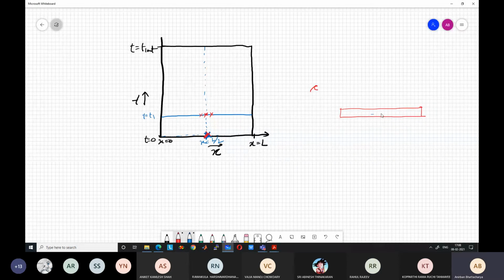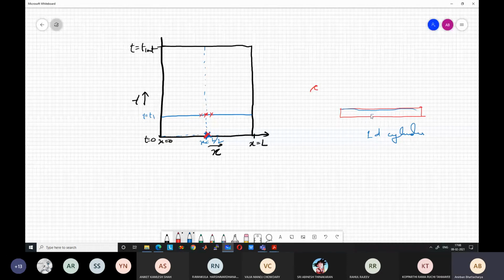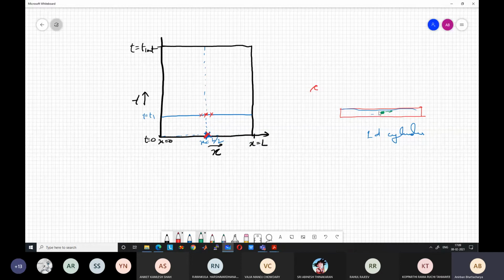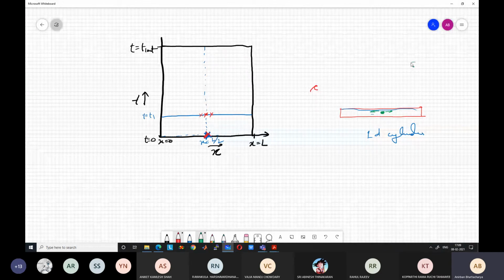Just consider this case for easy visualization. There is a long cylindrical pipe which we will consider as a 1D cylinder. It is filled with water, and at a certain time I have put a pressure fluctuation here, like I have thrown a stone there. Because it's a 1D cylinder, the pressure waves will travel in both directions. If it was a 2D surface, the pressure waves would have traveled like this. But because it's 1D, pressure will just travel as a line.